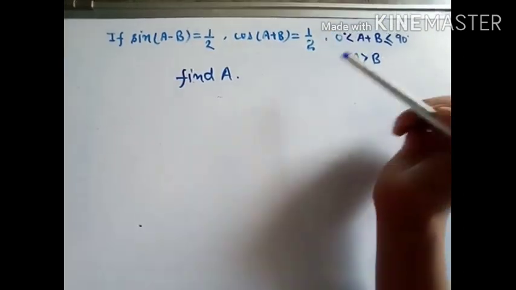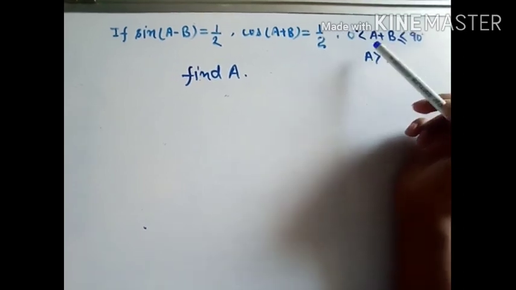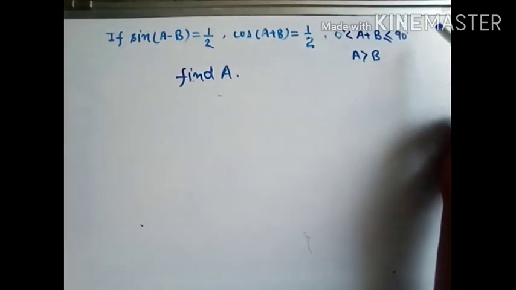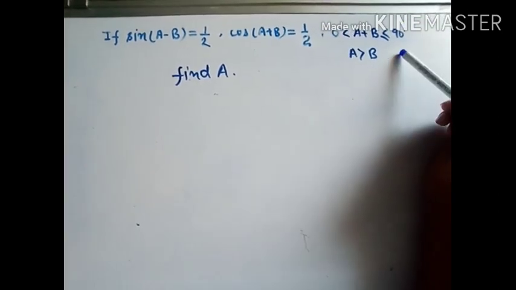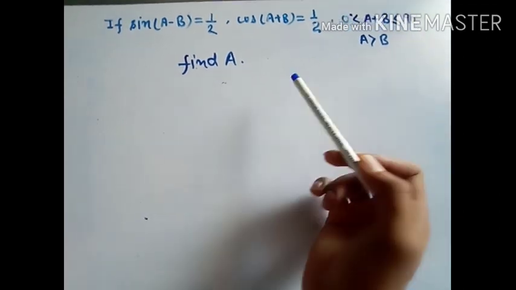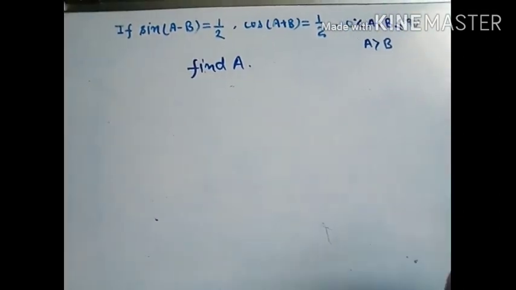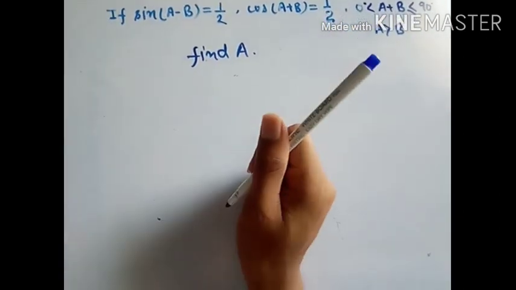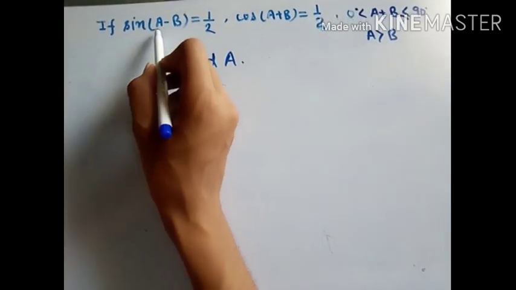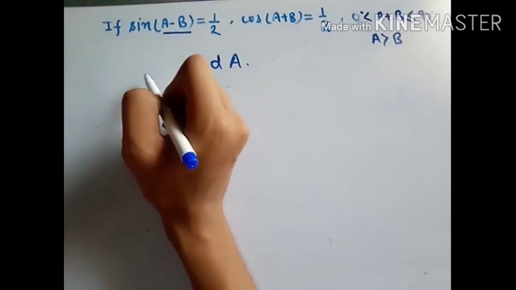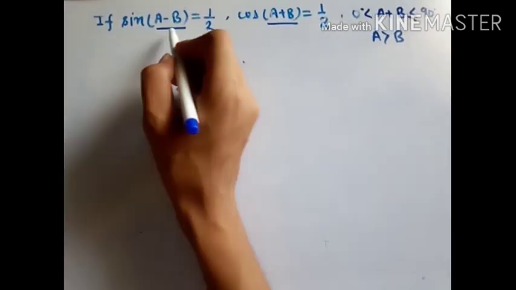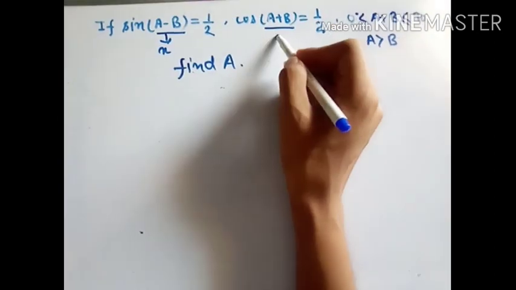So after getting the answer, we will check that we sum the angle A plus angle B, and if they are under 90 or equal to 90, then we can say that our answer is correct. Understand? So let us proceed. So the first step is, from the table you can see over the screen, the table is given that if collectively we take a minus b as x, can you? Of course you can. And a plus b as y. So I'm writing it x and y.